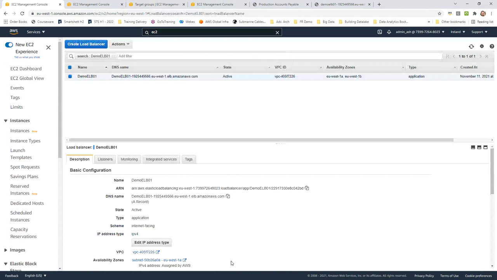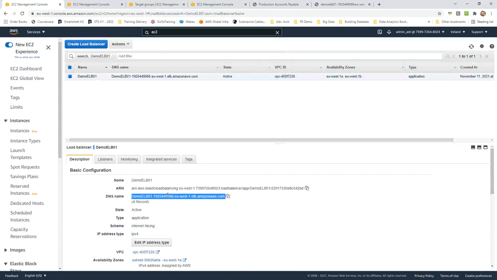The advantage of the network load balancer is that, one, it is faster. Second, it would always give you a static IP address. In my ELB, I got a DNS name, not an IP address. This may be okay, but some customers have a requirement that their end users have a firewall and they want to put an IP address in the allowed list of that firewall. If there is a DNS name, their firewall does not accept DNS. They need an IP address. So we can still design a solution in that case: we can have a network load balancer with a static IP.